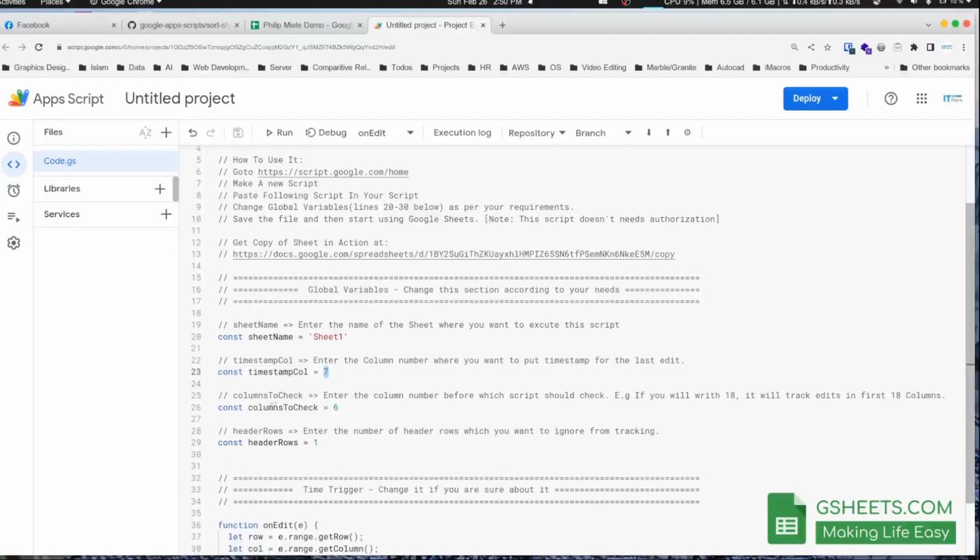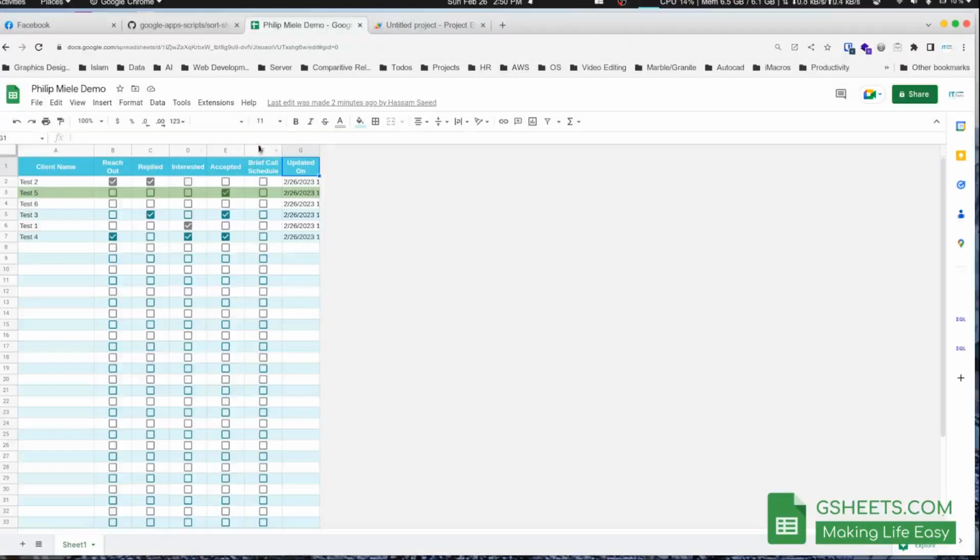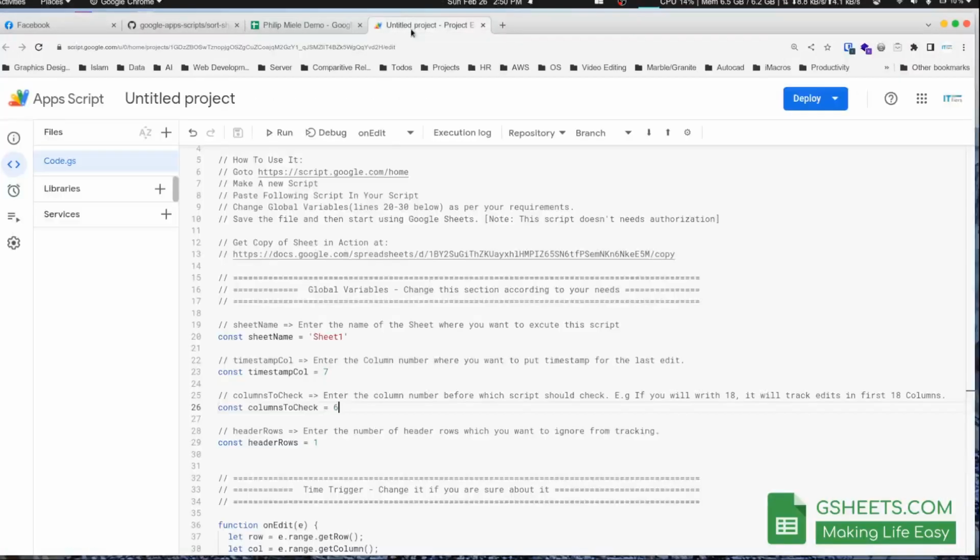The next thing is how many columns you want to track for any changes. Right now I am tracking all the columns from 1 to 6, so I'm basically tracking all these columns. If you just want to track, for example, the first 3 columns like A to C, you just have to change it from 6 to 3. And now if I save the file,